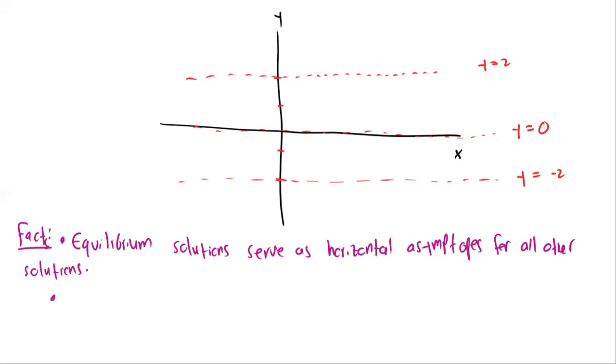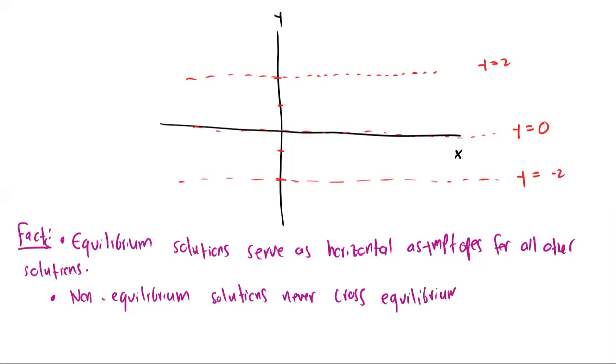Second one, non-equilibrium solutions never cross equilibrium solutions. So if you remember in college algebra, it's possible for functions to cross horizontal asymptotes, right? The only ones that we can't cross in college algebra are the vertical ones. Now, in this case, these horizontal asymptotes that I'm plotting here as equilibrium solutions can't be crossed by